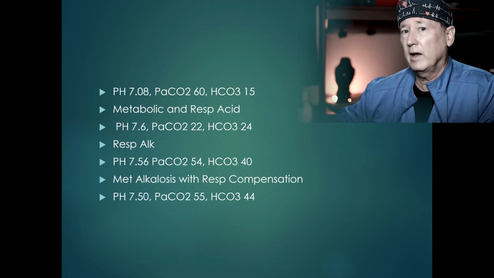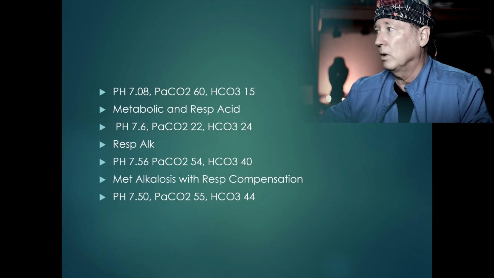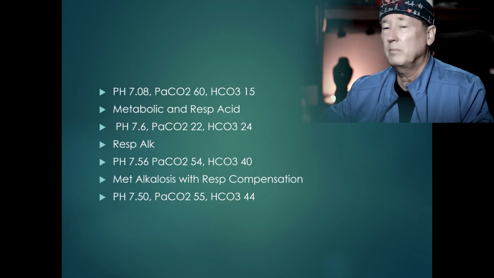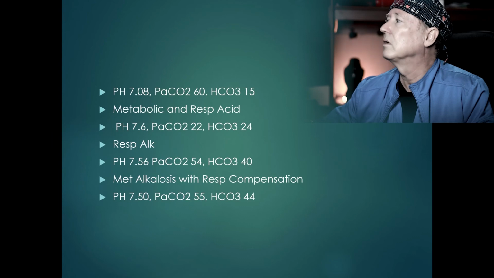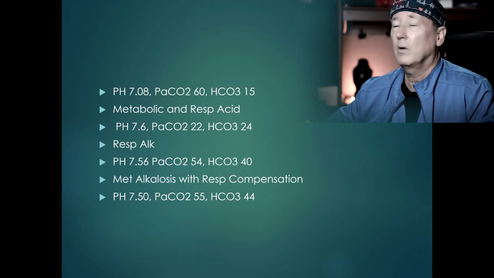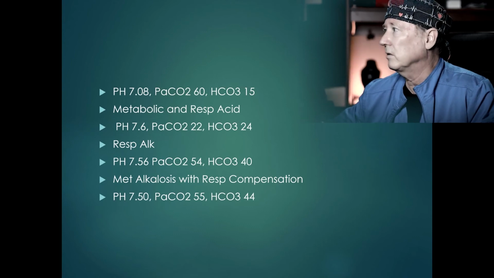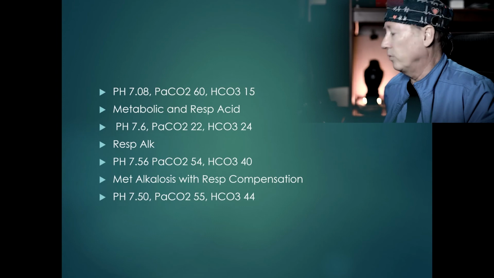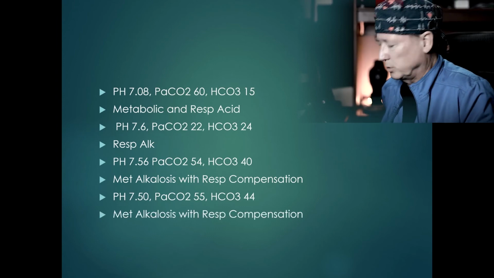All right, 7.5, alkalotic. So we already know, boom, we're going to put the alkalotic stamp on it. Well, a high CO2, same thing again. A high CO2 is not going to cause it. Why do I have two examples of the same thing in a row? So a high bicarb of 44, this is metabolic alkalosis with respiratory compensation. I don't know why I put two in a row. I don't usually do that. Maybe so people don't think